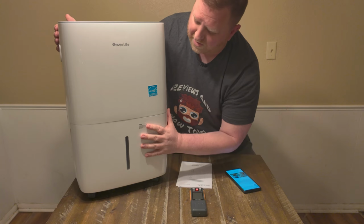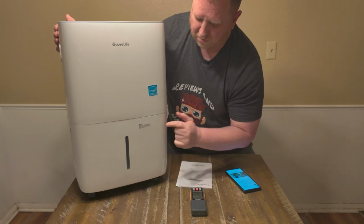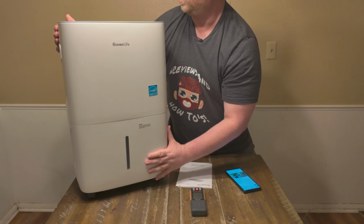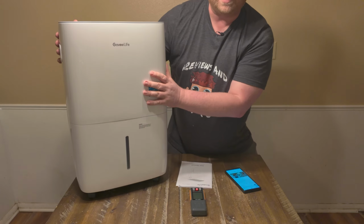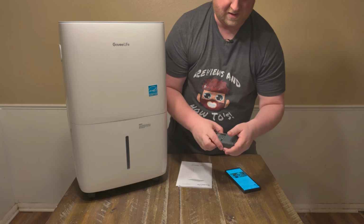It will automatically turn off if you remove this, or once it gets full. There's a little float inside of here that will take care of that to ensure it doesn't overflow or anything like that. Speaking of it being on auto, it just turned on right there, probably because I'm hugging up against it and I raised that humidity level, but that's good right there. That's going to give us the option